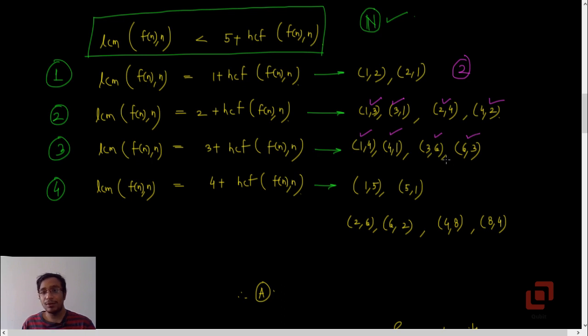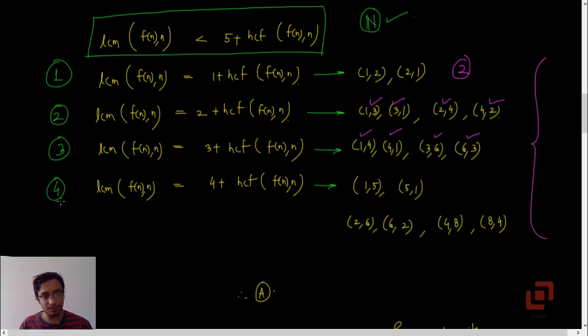Now by the rule, this difference between numbers can at the most be 4. It cannot be 5 or greater, because otherwise this relation will no longer hold. So intuitively you may have understood that this particular list of pairs that we are making is going to be a finite set, which eventually leads to option A, but we'll now complete the discussion.